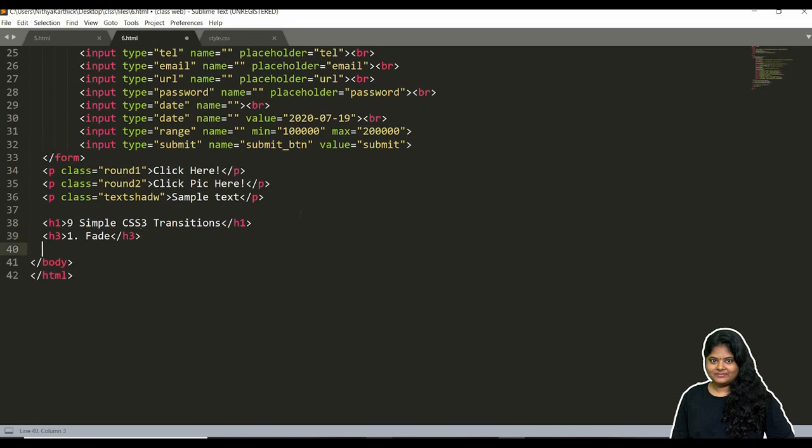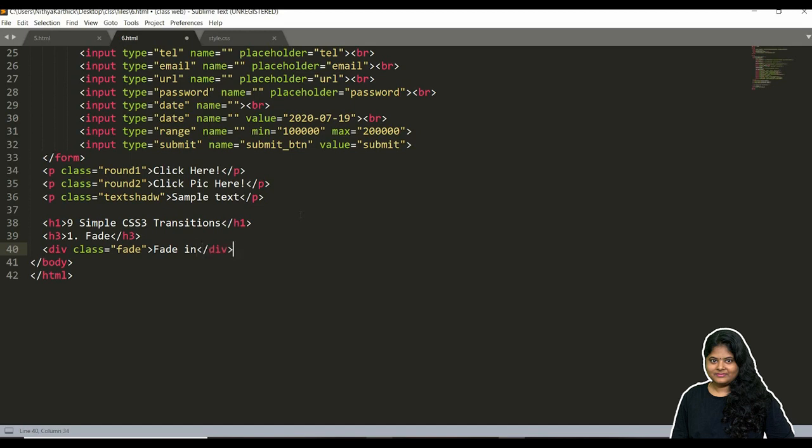So the first one is fade. We give one div, and inside that div we make one class. Let me give the class name as fade, and the content also fade. So, fade in.